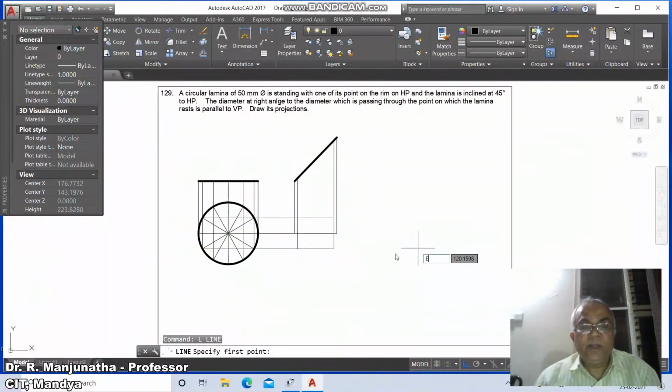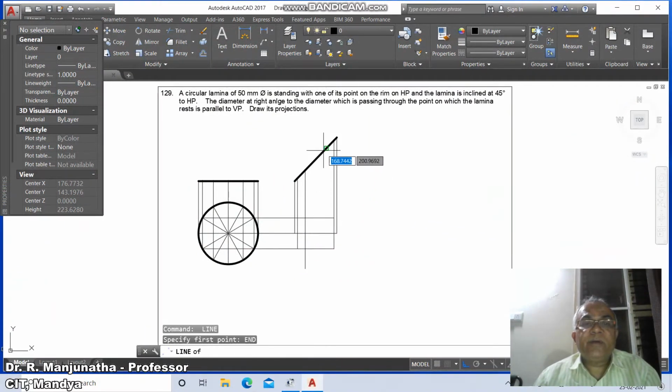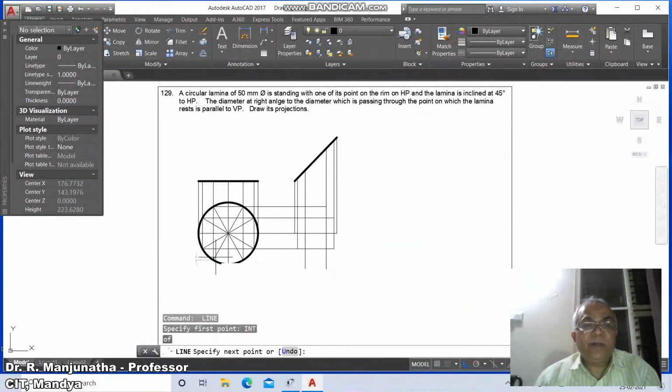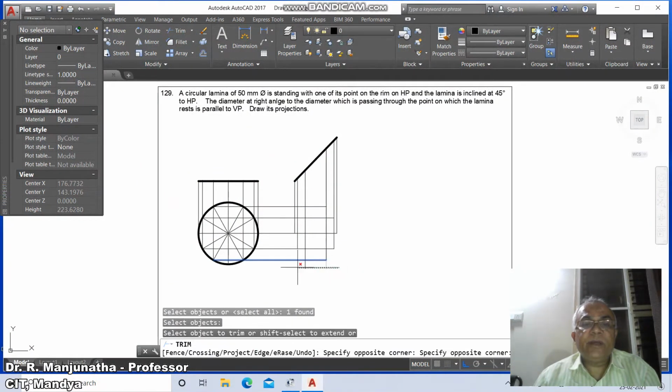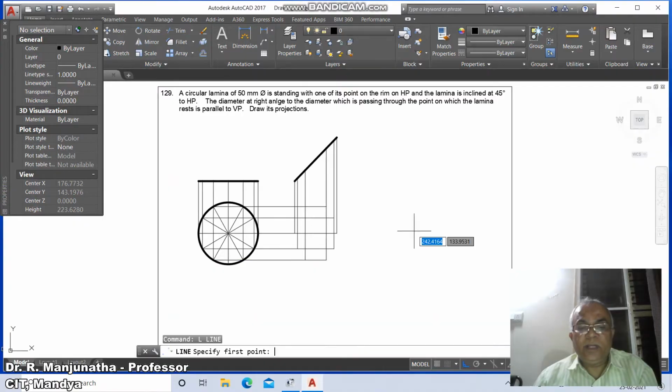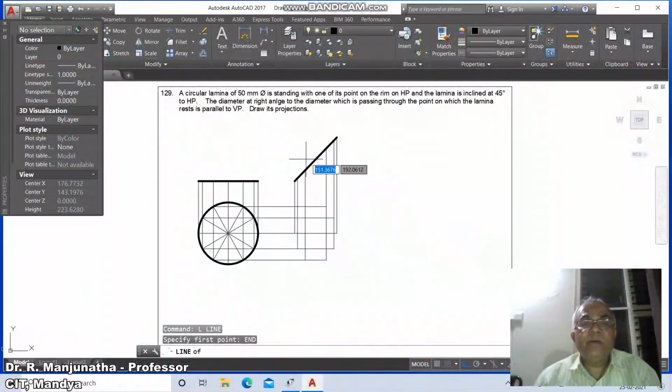to line, take the end point of this and draw a vertical line, take the end point of this and draw a vertical line, take int of this and draw perpendicular to this, and take int of this and draw perpendicular to this, then go to trim between these two again, then go to line, take the end point of this and draw a vertical line